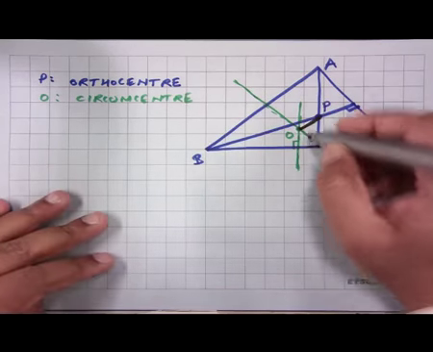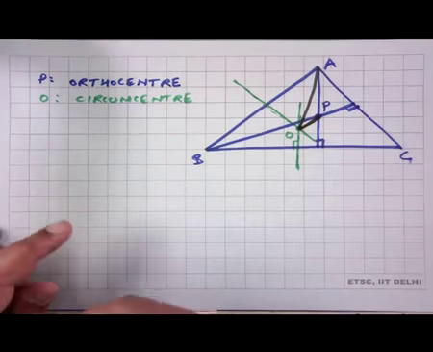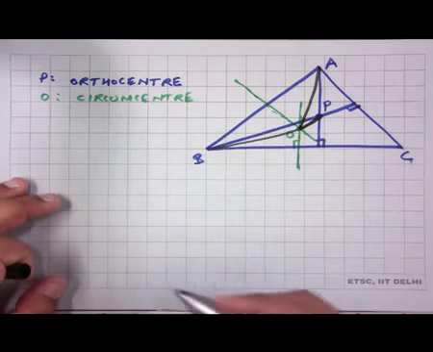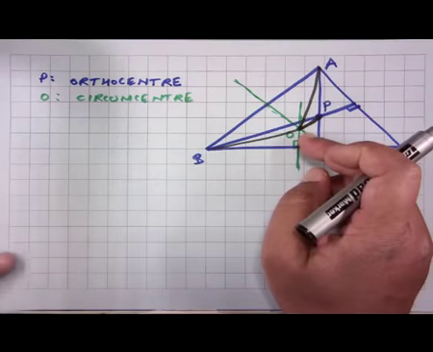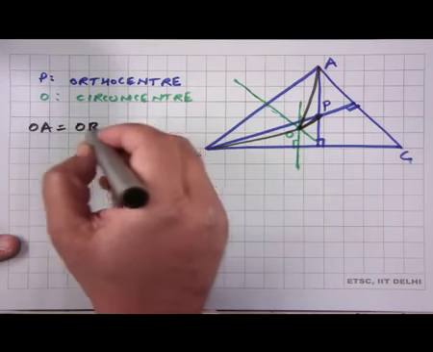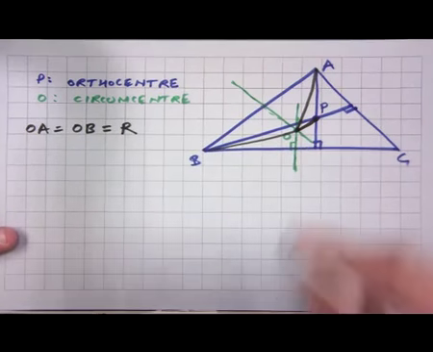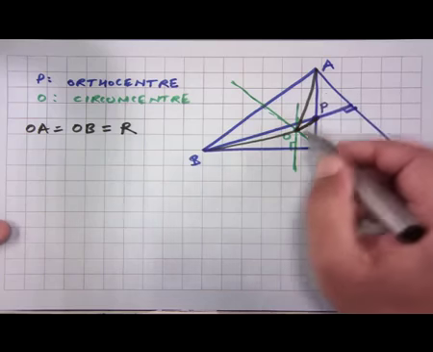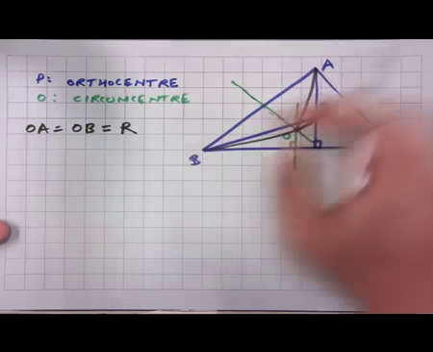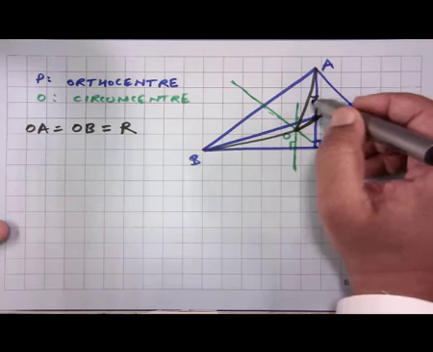So, towards solving this problem, let us first connect O with A, and we will also connect O with B. Of course, since O is a circumcenter, we know that OA is equal to OB is equal to the circumradius R, and then since we have to find OP, we see that OP is a side of this triangle OAP, and we already know the length of OA. If we apply the cosine formula to this angle OAP,